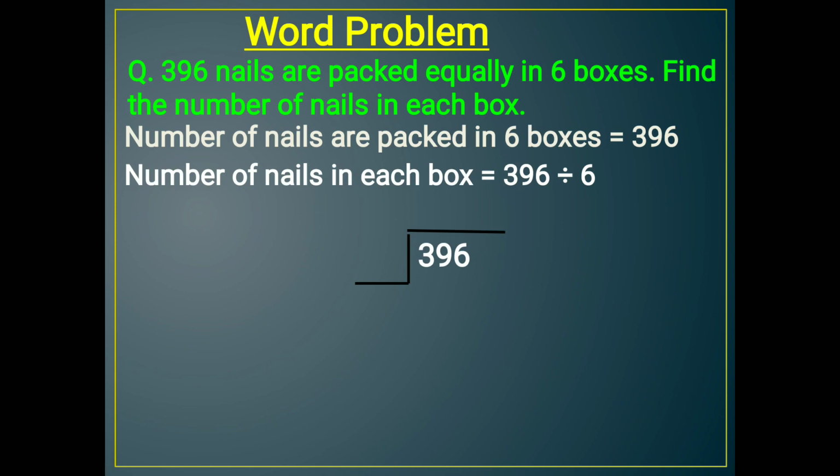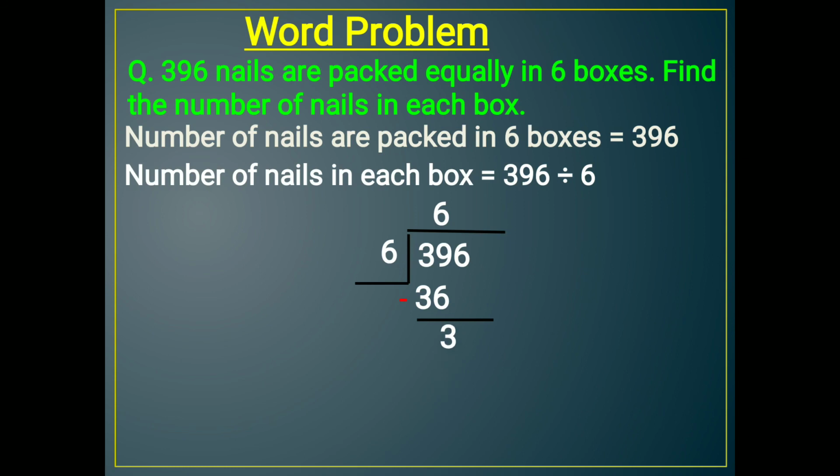After that you will divide. Okay, now dividend is 396 and divisor is 6. So you will take the first two digits, that is 39, and read the table of 6 nearest to the 39. So it will go 6 times. 6 6s are 36. So 36 you will write just below the 39, and 6 you will write upside. And after that you will subtract 36 from 39, we will get 3.